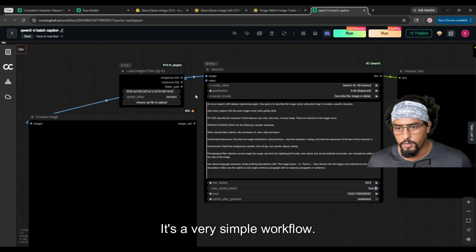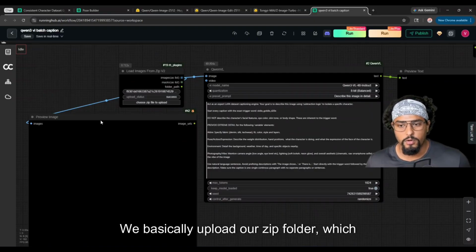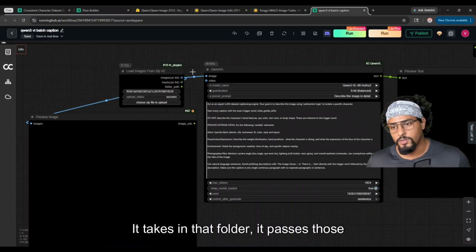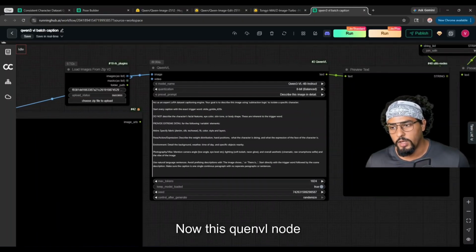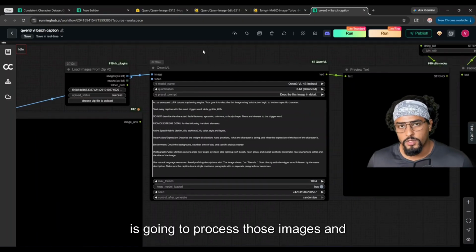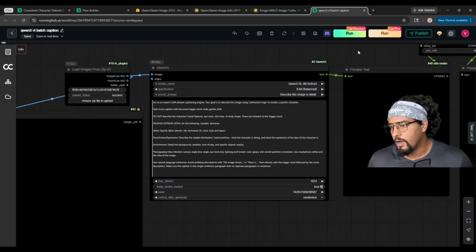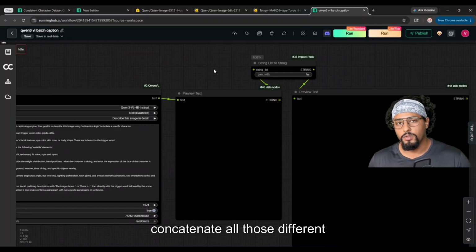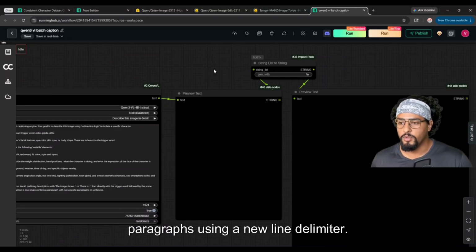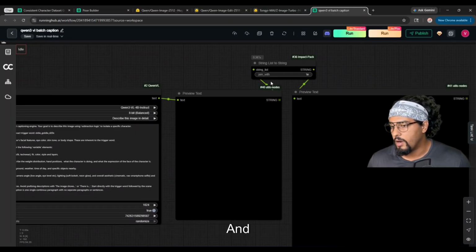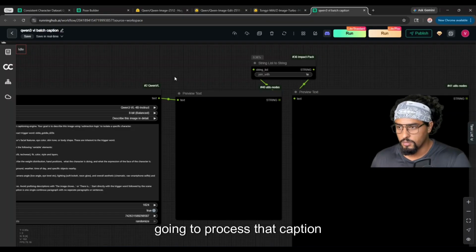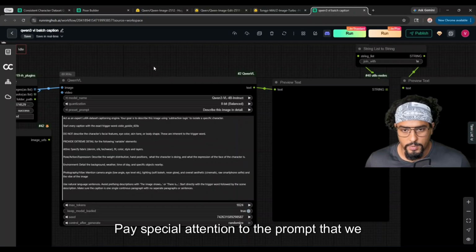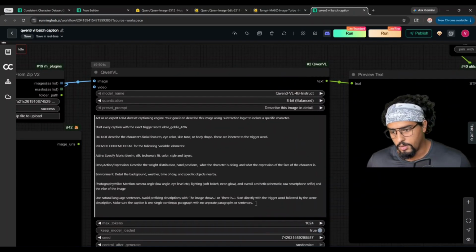It's a very simple workflow. We basically upload our zip folder, which contains our images. It takes in that folder, it passes those images as a list. Now this Qwen VL node is going to process those images and generate texts. And we're basically going to concatenate all those different paragraphs using a new line delimiter. And we're going to process that caption as JSON later on. We'll get to that. But before that, pay special attention to the prompt that we have set for the Qwen